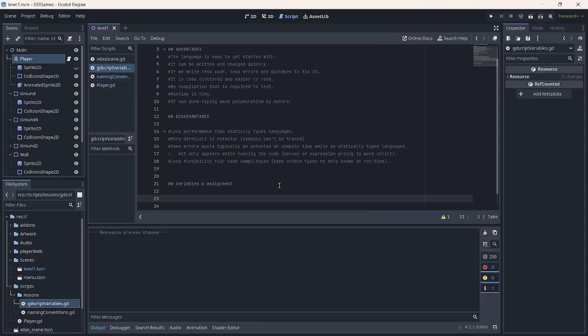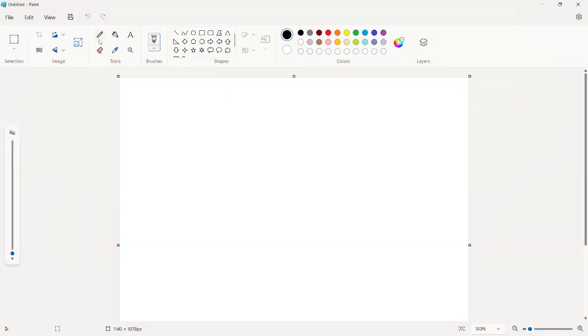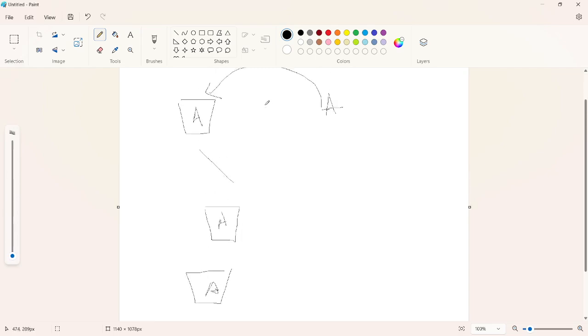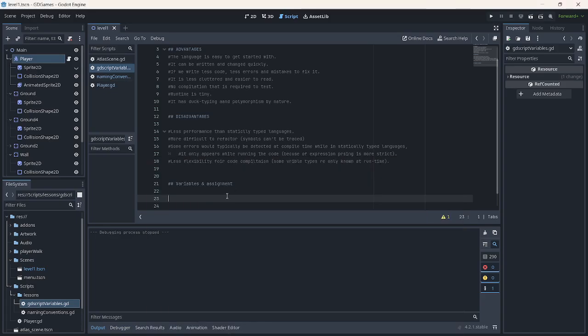So when we say variables, these are like buckets. When you say variables, this is a bucket of information, and let's say we have letter A here, and we want to store that information here so that we can use it in multiple instances or places in our code. So this now has letter A, so we can use it multiple times in different locations in our code. Okay, so letter A, because we are storing the value of the character A into a variable. So that's just the idea of what variables are.